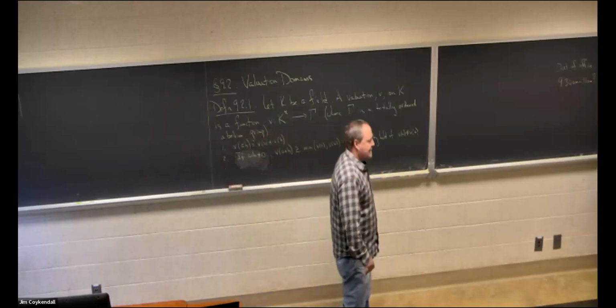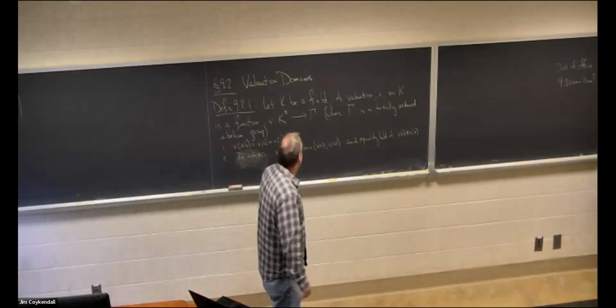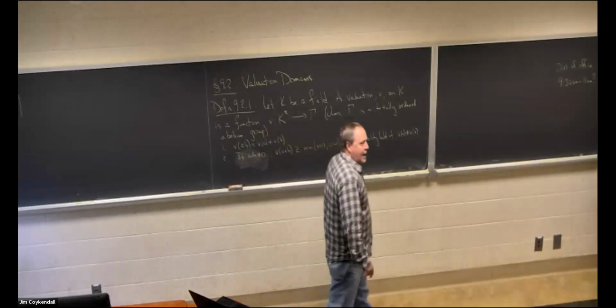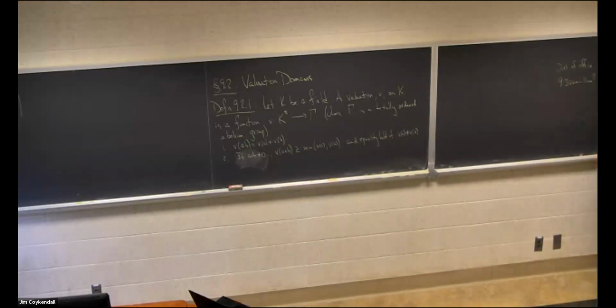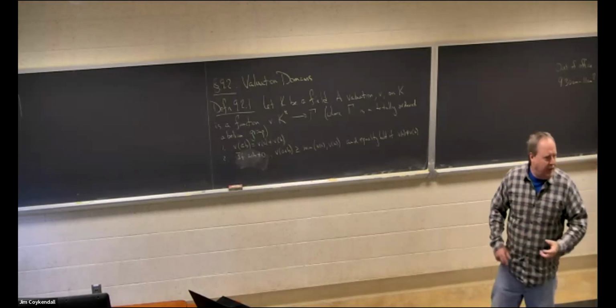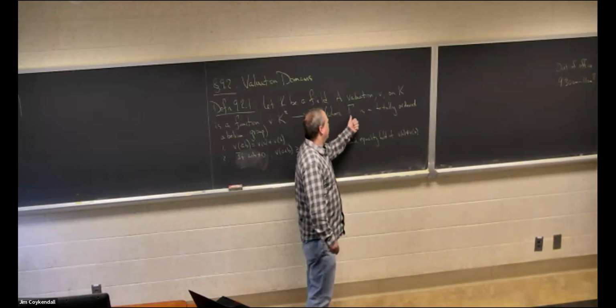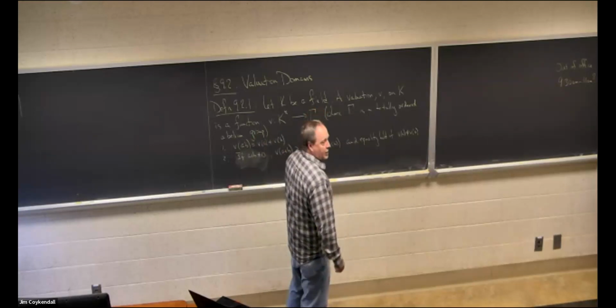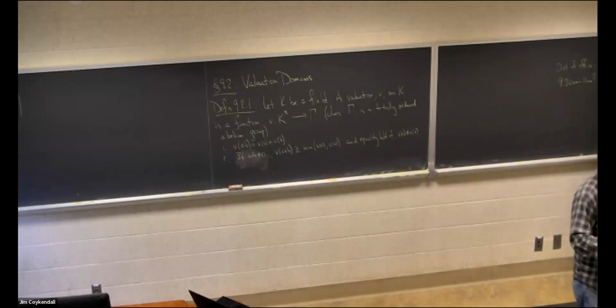So let me go ahead and actually check into this. This is what we call a valuation. This is what this function is. And in a certain sense, it measures size. It's sort of an attempt to measure the size of elements in K. Why is it measuring size? Because this is a totally ordered abelian group, right? So given any A and B, you take the value of A and the value of B, and these values are actually in a totally ordered abelian group, so you can compare them, right?